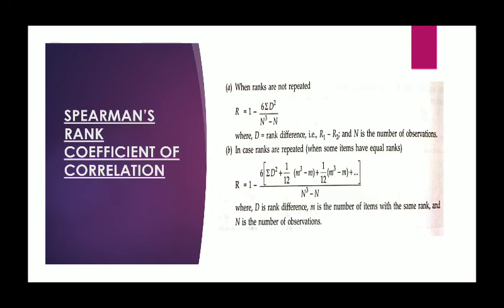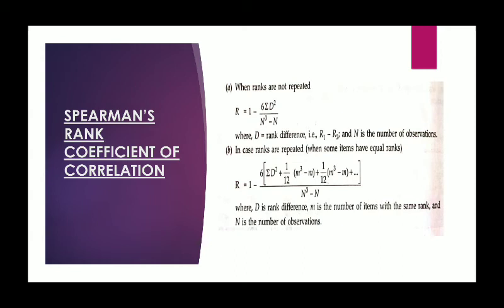Yes, the second method is Spearman's rank coefficient of correlation. This method was developed by British psychologist Charles Edward Spearman in 1904. So that is why it is named Spearman's rank coefficient of correlation. There is a simple formula under the cases. According to the case, there are two cases given over here. One is rank given and not repeated. Another is ranks repeated. So using the simple formula, we can get the answers.